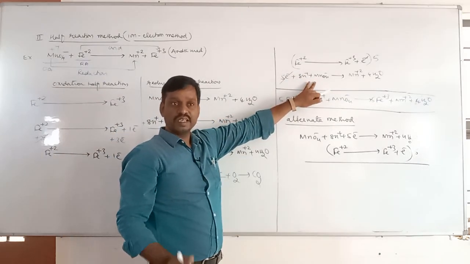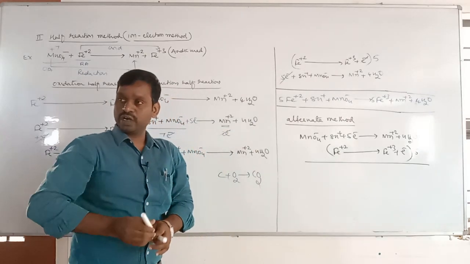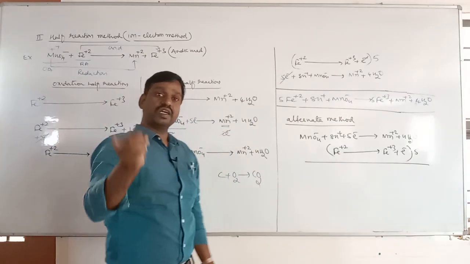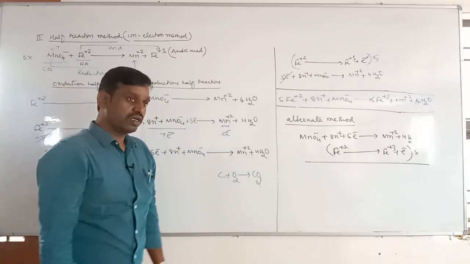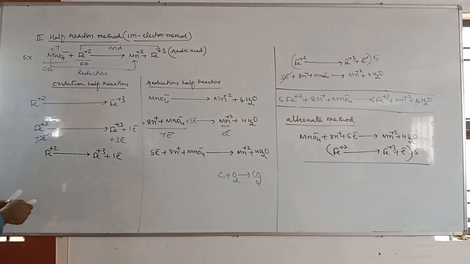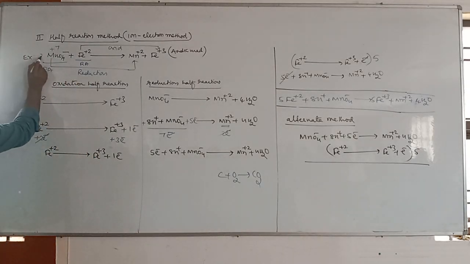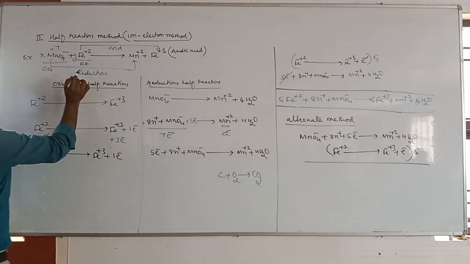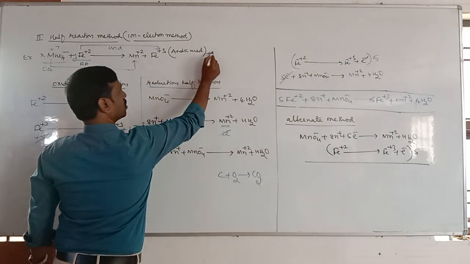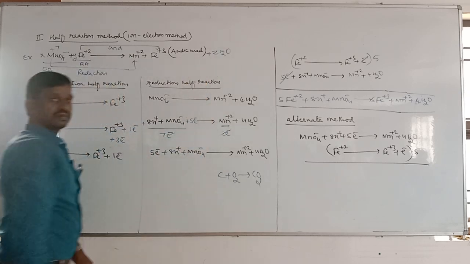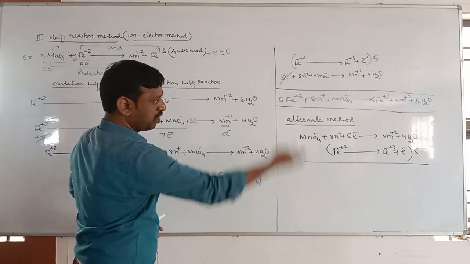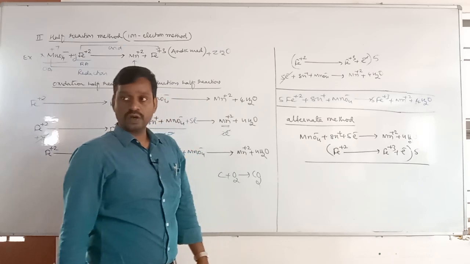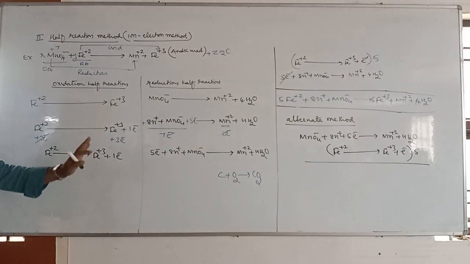But in the last class we studied the important oxidizing agents, reducing agents, and both oxidizing and reducing agents. Those equations you must practice and remember. Moreover, in the exam most of the time they ask for coefficients, they ask x, y, or they will mention z water molecules. So what are the x, y, z coefficients in this equation? Then you need to balance it and you can tell the answer. Okay, next, I think you got it.